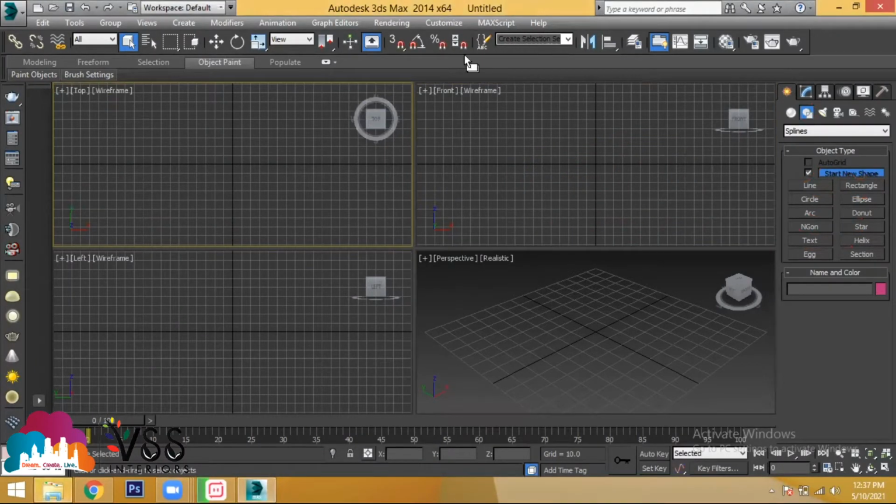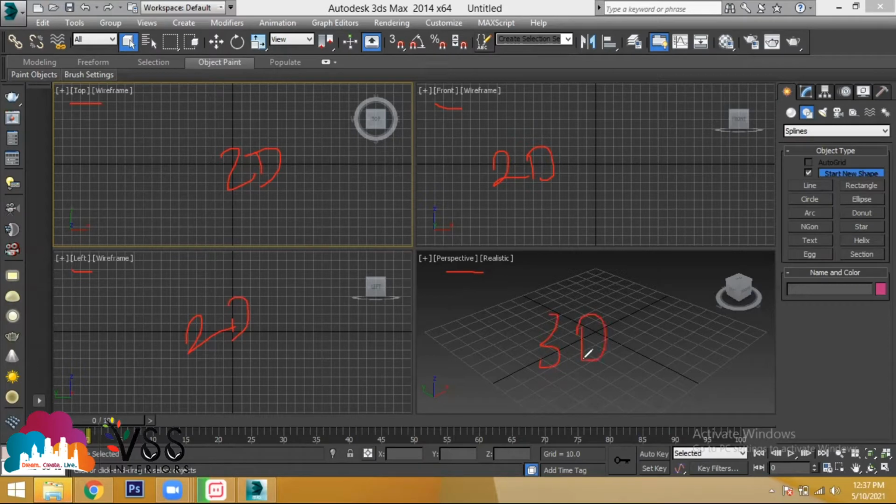What are the views you have? You have top view, front view and left view, and we have perspective. We have 4 views. The first three are 2D views, and this one is the 3D view.